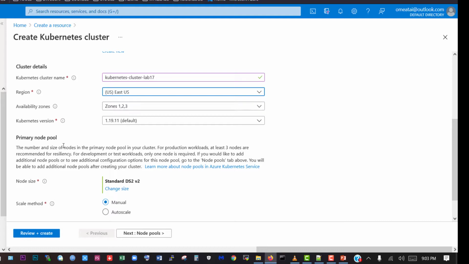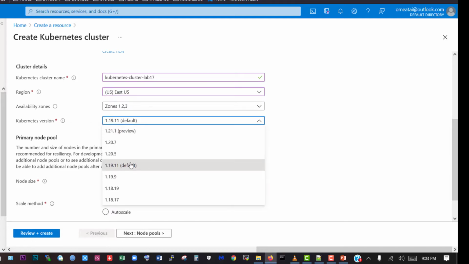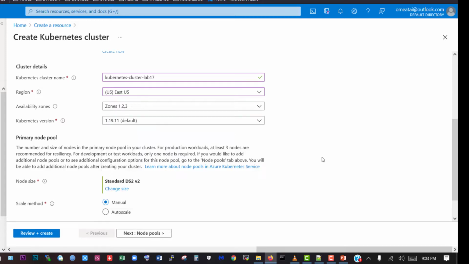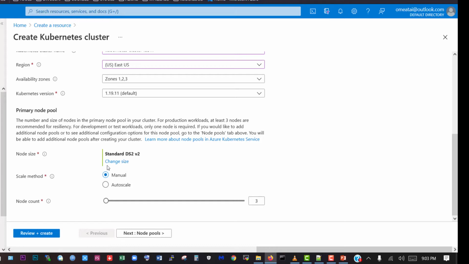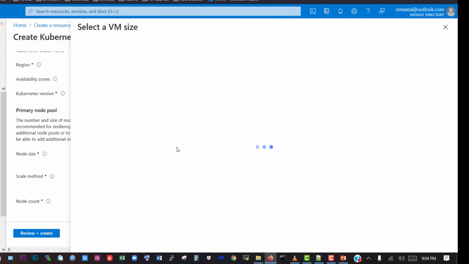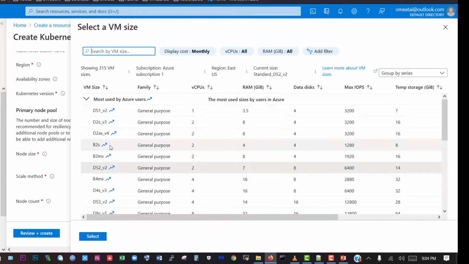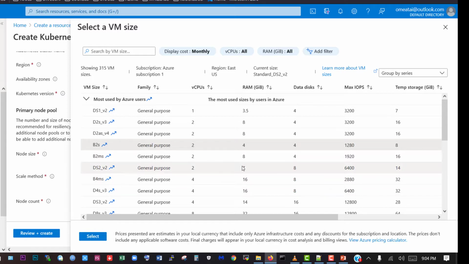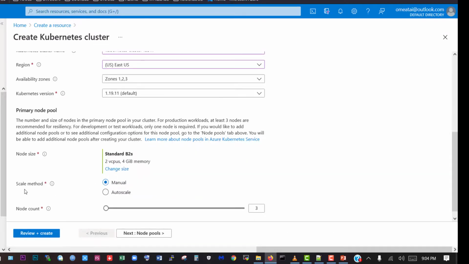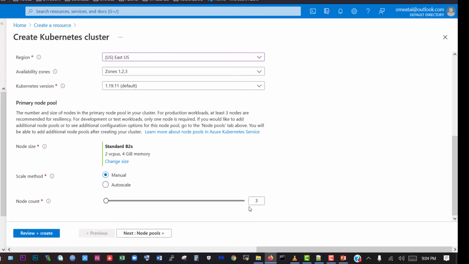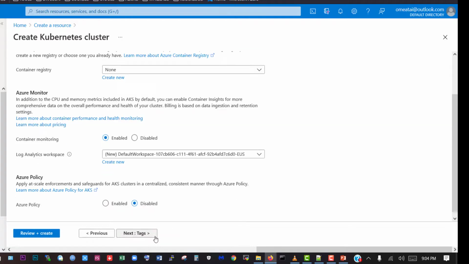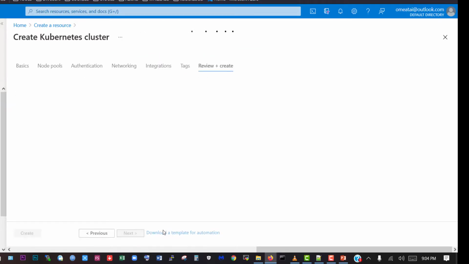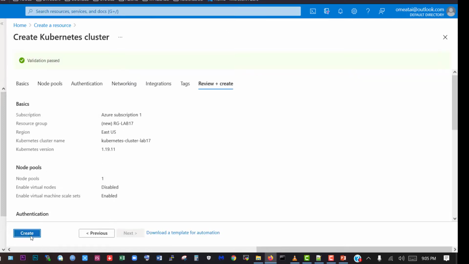and availability zones fine. Kubernetes version, we are using the default, but later we'll see how to upgrade to the latest version. Node size, this is quite large because we're going to be deploying only one node. So I'm going to use B2S that uses 4 RAM instead of 7 RAM. Select. So scale method, let's leave it on manual. Node count, we're going to just create one node. And now validation passed, I'll click create,